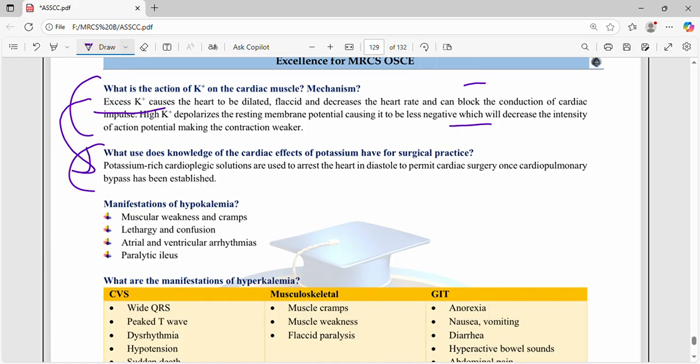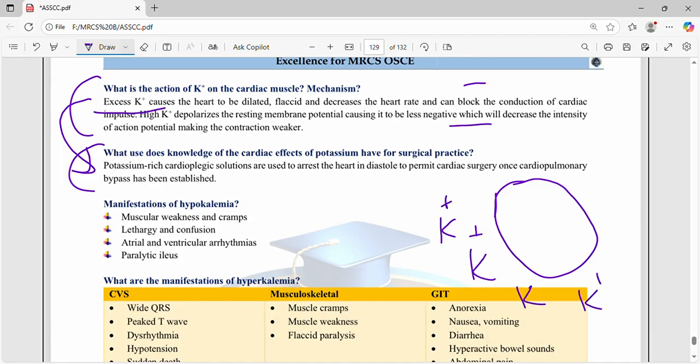So if you have this cardiac cell, okay, this is your cardiac cell, and if you put it in potassium solution, what will happen is that this will cause a cardioplegic situation. So potassium-rich cardioplegic solutions are used to arrest the heart in diastole to permit cardiac surgery once cardiopulmonary bypass has been established. Okay, so what happens actually, we have